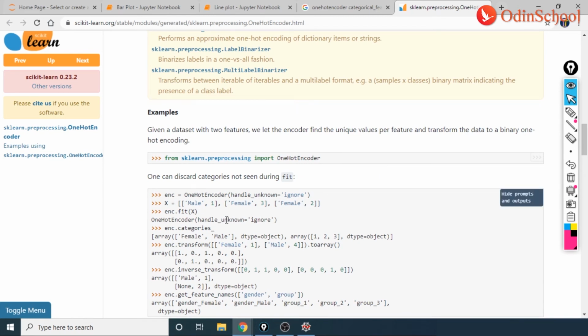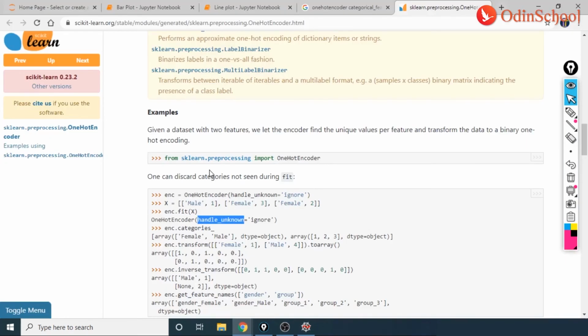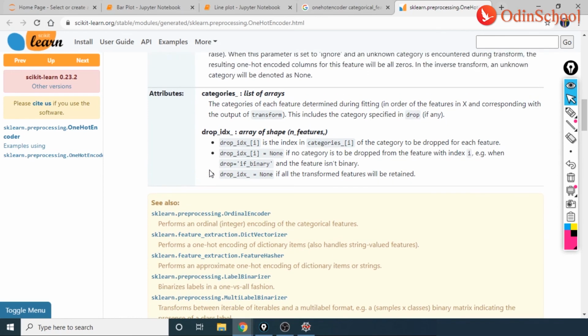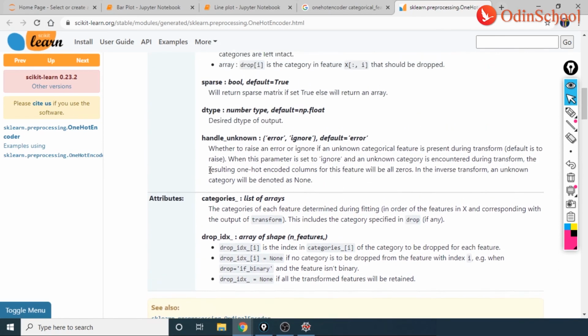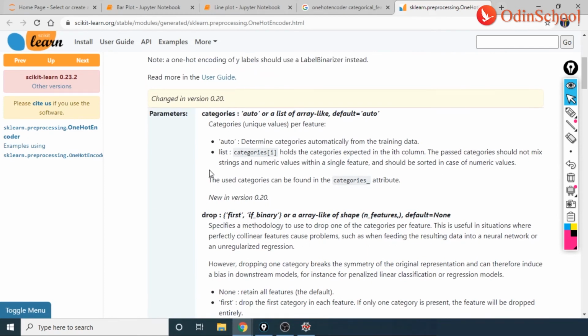So you have one hot encoder handle unknown, you have dtype, you have get features. What we have written here is categorical features, and I don't see any option like that. Rather, I see only categories. So let us just try changing this to categories. Well, this is not how it is supposed to be done, guys.